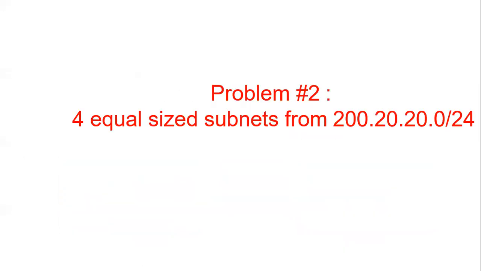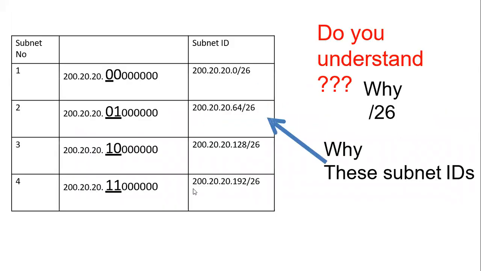Now, suppose we want to create 4 subnetworks. Consider the same IP address, where 24 bits is your network ID. When you divide it into 4 subnetworks, we need 2 bits to represent each subnet. So we'll borrow 2 bits from the host ID place. So 0,0 represents the first subnet, 0,1 represents the second subnet, 1,0 represents the third network, and 1,1 represents the fourth subnet. When you're borrowing 2 bits, the mask increases. Up till here it is 24, plus 2 more places, it becomes 26.